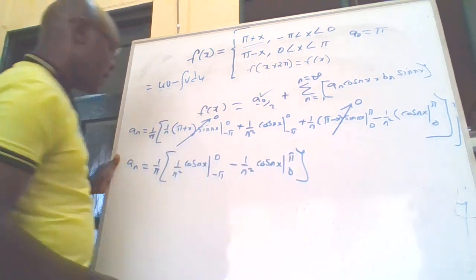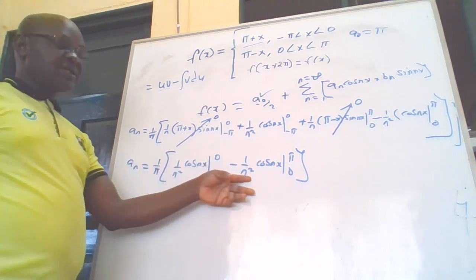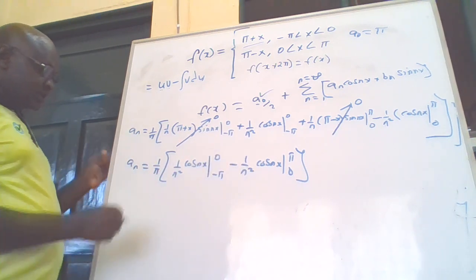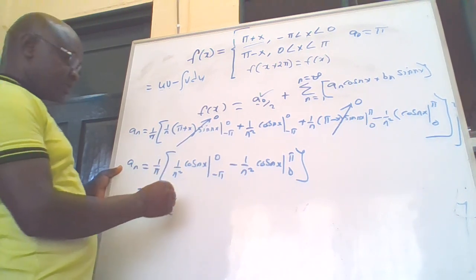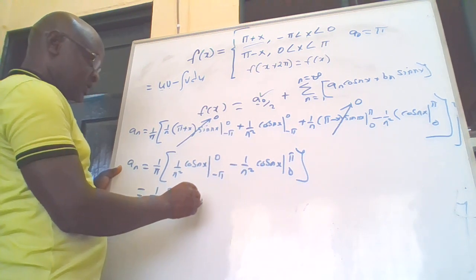Because n squared is common, we can take it out. So we have this equals to 1 over pi n squared into, so here we remain cos nx,